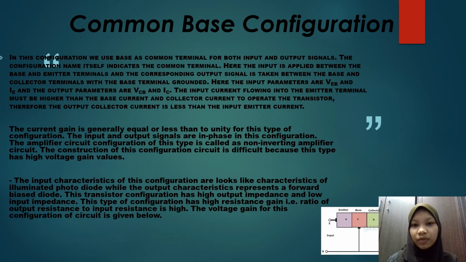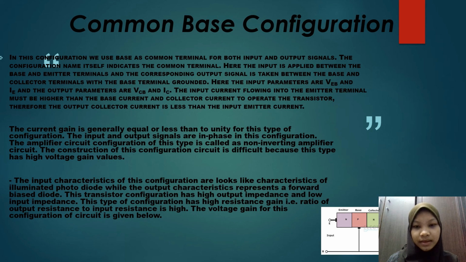The input current flowing into the emitter terminal must be higher than the base current and collector current to operate the transistor. Therefore, the output collector current is less than the input emitter current. And the input characteristics of this configuration looks like characteristics of illuminated photodiode, while the output characteristics represents a forward bias diode. This transistor configuration has high output impedance and low